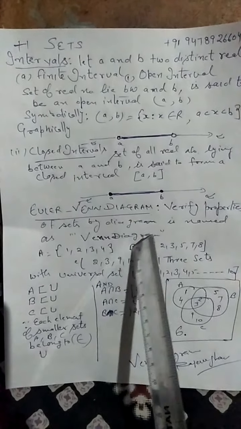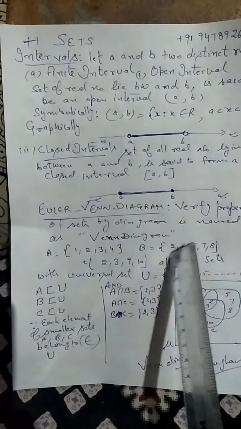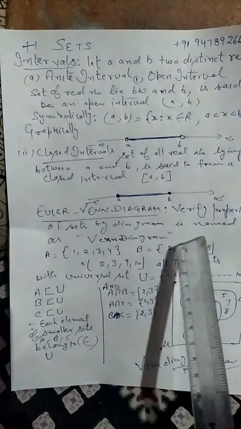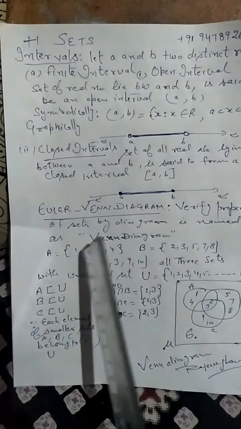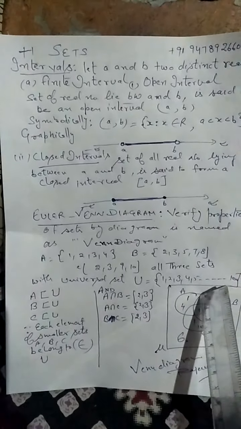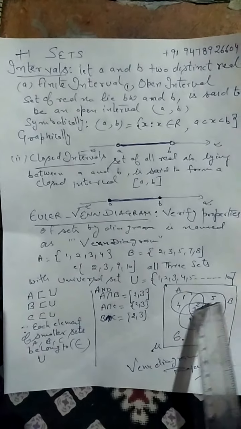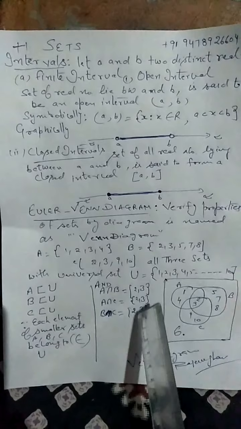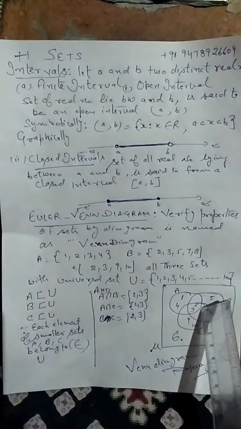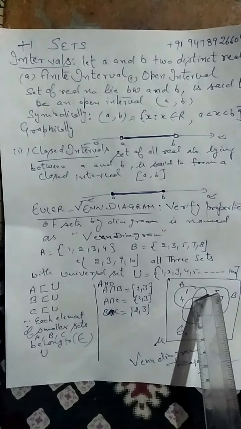Now you have to compare the sets to each other. You see A and B have intersection elements 2, 3. Between B and C, intersection elements 2, 3. Between C and A, intersection elements 2, 3. This is the format to show the intersecting points between all three sets. This is the portion where all three sets intersect, representing the intersection of all three: 2 and 3.